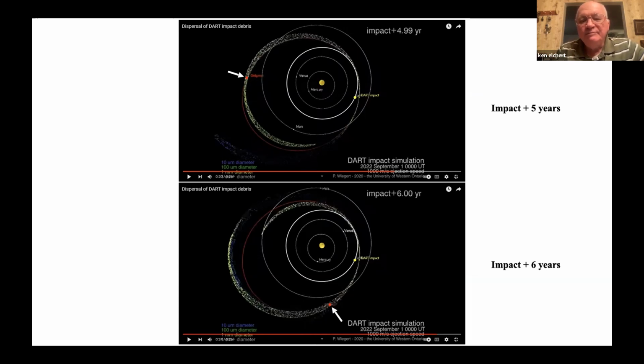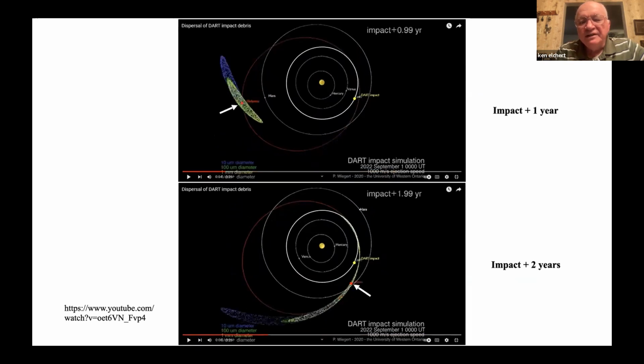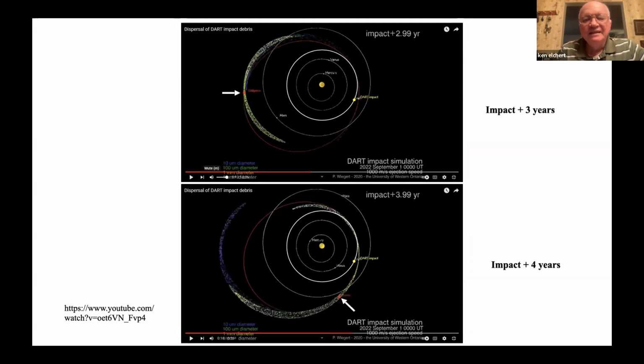But I thought it was kind of neat because if you look at where that intersection is, Earth is right here. This is at the end of September. I would imagine that the intersection here was right around Christmas time. So wouldn't it be neat if you could go out at Christmas time and see some little meteoroids or meteors coming through the Earth's atmosphere, and you can say, hey, look, we actually have some of the DART ejecta coming in at this time. Anyway,